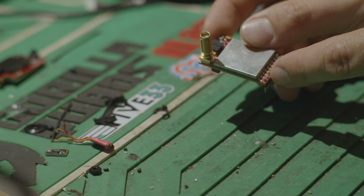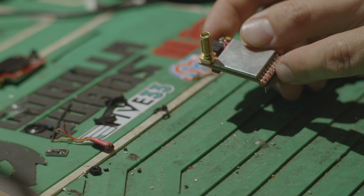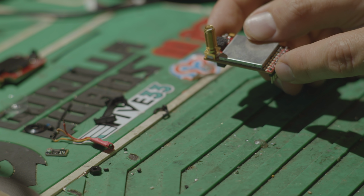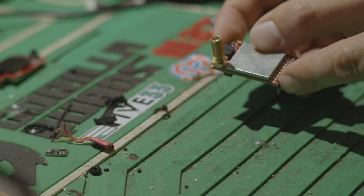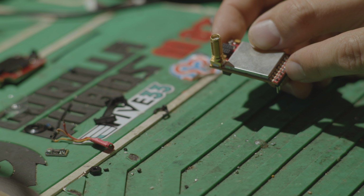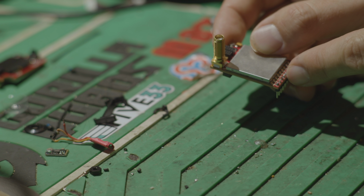You skip 1, 2, that's your ground, and then 4, 5 are both audio. We need to bridge 4 and 5, connect the ground to ground, and the positive to positive. That's your 5 volt source. And then the two audio ones that we've bridged, or we will have bridged, are going to be where we'll wire up our yellow wire for the